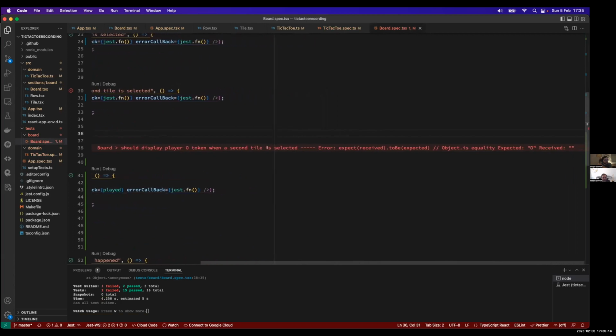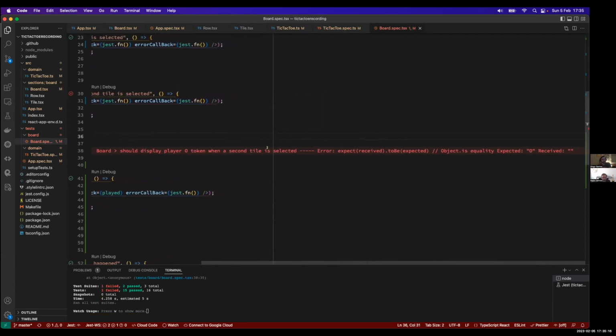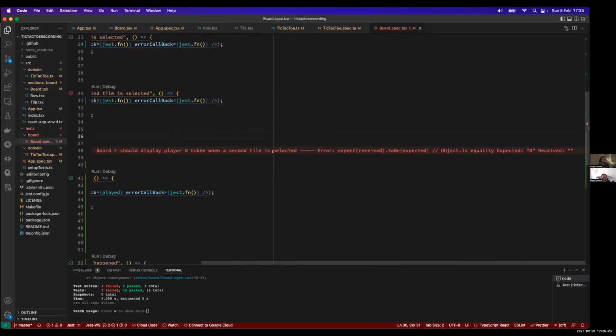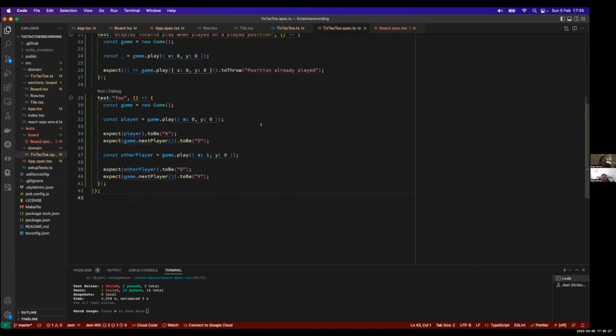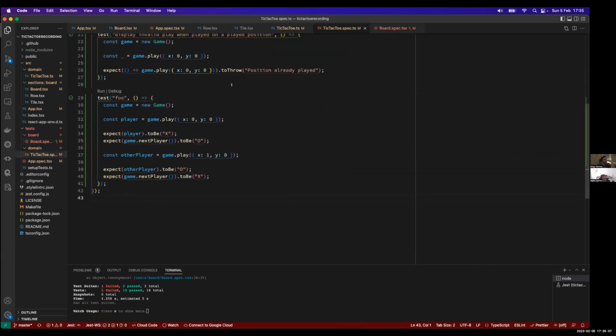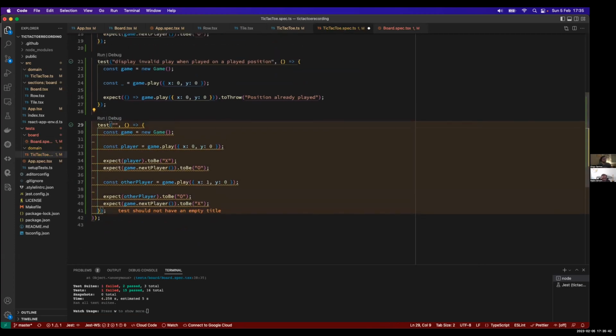That when you click on tile 1, should expect an O, but received empty. Nothing. Wow, that's strange. But why is it not working if we have the domain working? That makes no sense. Can you give it the name to that test in the domain? In the domain, we wrote a test called foo because we didn't know the name. So this should be